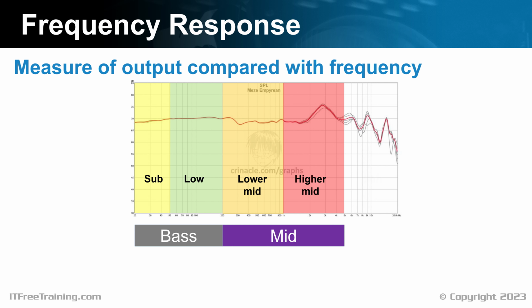The last range is high, otherwise known as treble. This range covers the higher end of human hearing. This includes soprano voices. These are singers that can sing at the highest frequency range, as well as flutes and cymbals. Treble sound is the counterpart to bass sound.